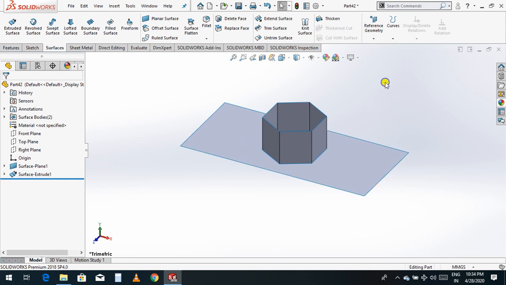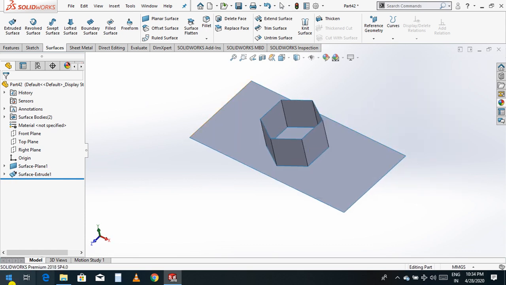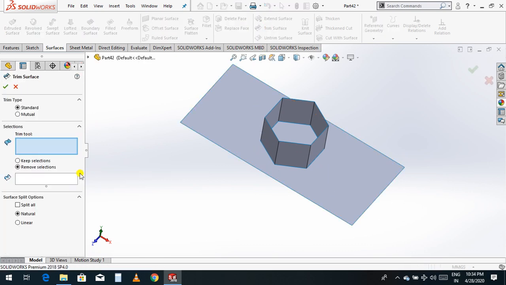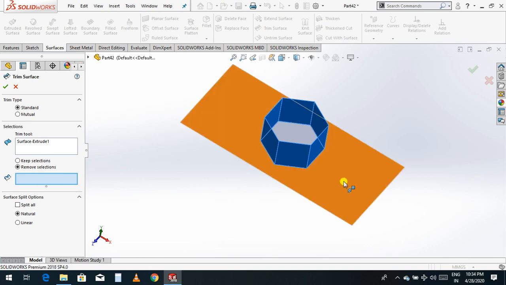Now I want to trim. Now I want to trim this outside, all the faces. So just go to trim, select the trim of this outside. So select this pieces to remove, which side you want to remove. If you want to remove outside, select the outside, select OK. Now see,